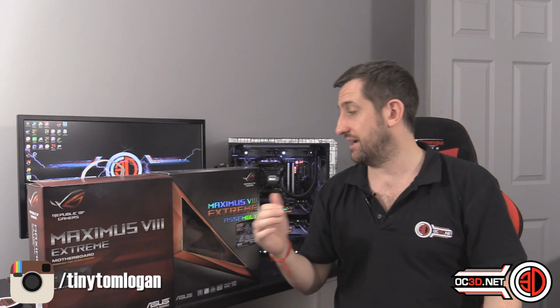So if you're just after performance and you want to try and save a few quid, then you can go with this one. If you like the eye candy, you might have already bought the GTX 980 Ti Matrix and you want something that's going to match with that. Sadly, you are just going to have to dig deep, turn the sofa upside down, and end up buying this one. So, with the awards, what I ended up deciding to do was give the Maximus VIII Extreme the Performance